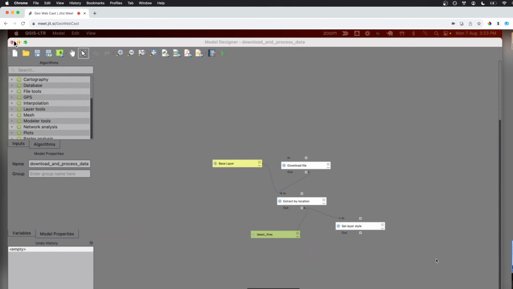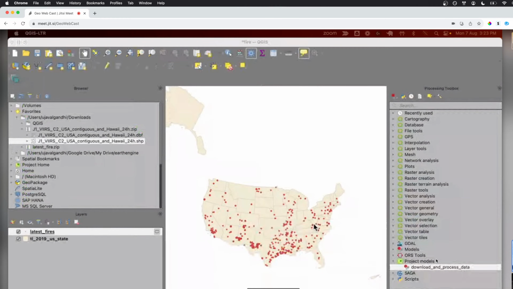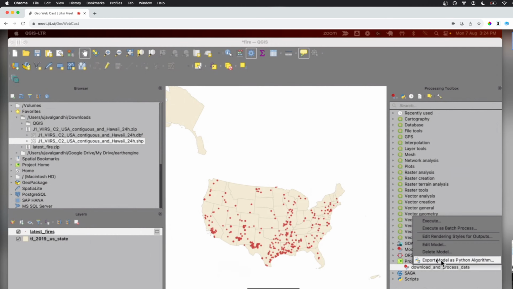And again, you can add one more step. Say I have a map template, just render a map template and save out a PDF. So you can also directly do it. You can just come in, run this model every day, and you get a PDF that you can directly share. Wow. So all you have to do is maybe right click and then run the model, and that's all. And again, later in our conversation for automation, we can see that all of these models can be exported as Python scripts.